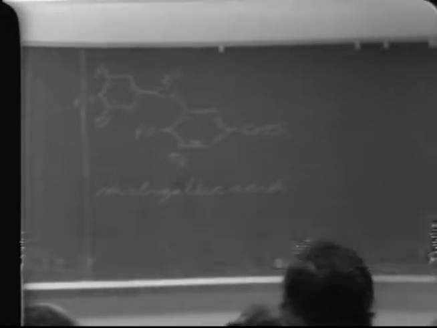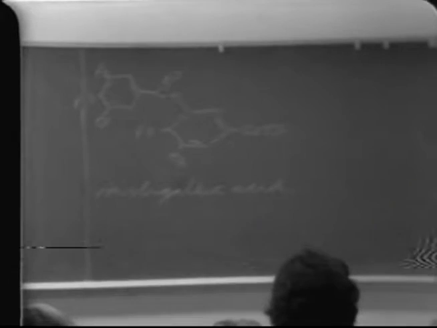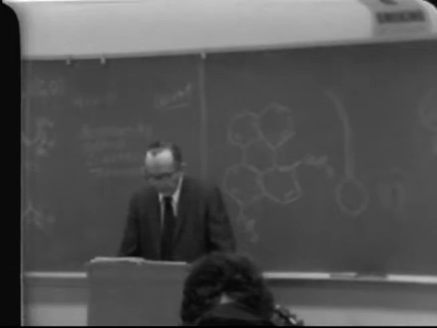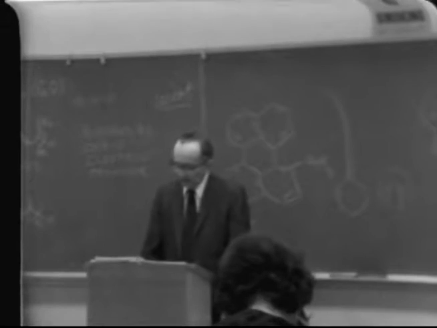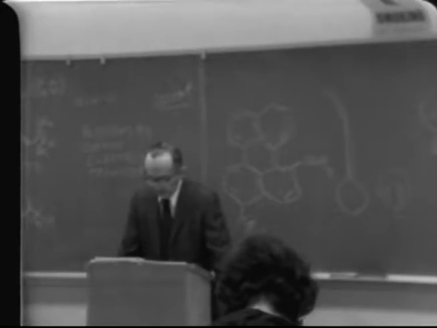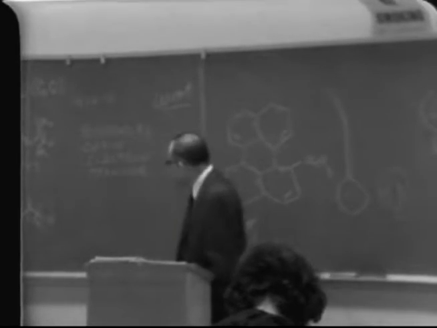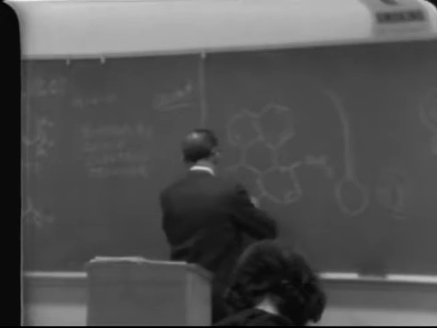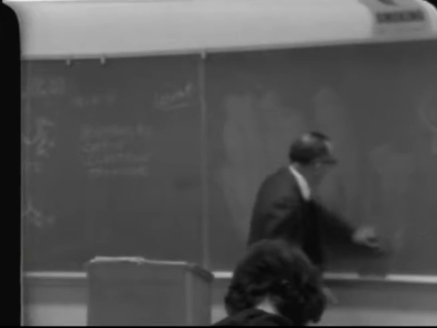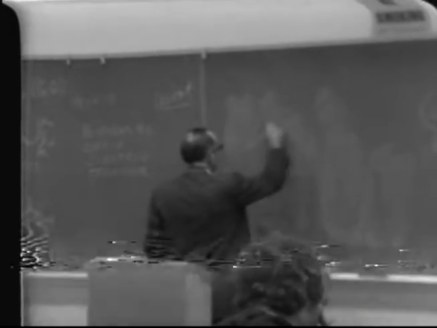And the most interesting one is chlorogenic acid, most interesting in the sense that it's extremely widespread. Nearly every plant has chlorogenic acid, and the structure is given on page 13. And notice that the caffeic acid is esterified to quinic acid. And for chlorogenic acid itself, it's esterified to the 3 position of the quinic acid. And the quinic acid is a alicyclic carbon compound, and is drawn in the boat form.